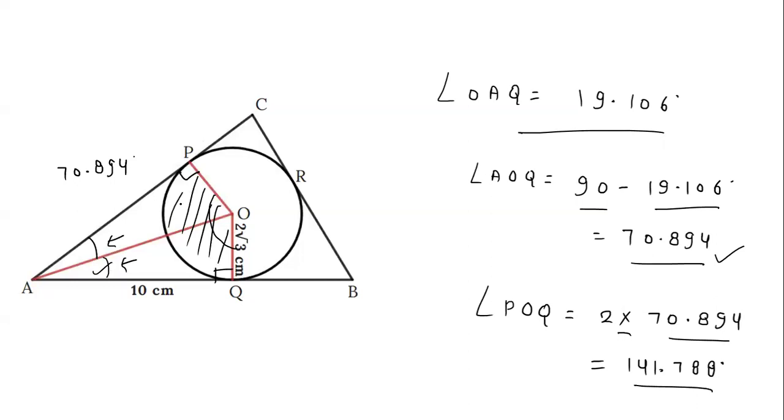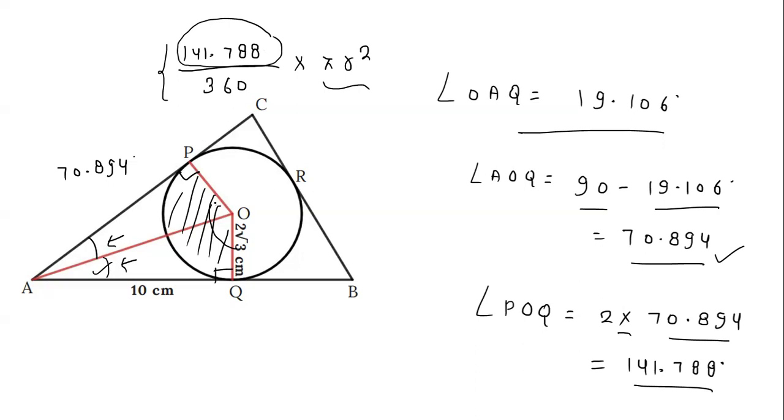We can easily find this area like this: angle divided by 360 degree and multiplied by the area of the circle. So this is the total area of the circle, which is pi r square, and we want to find only the portion which is produced by only this angle. The total angle we know is 360. So 360 degree produces pi r square area. So how much area will be produced by only this angle? So we can easily find the sector area.